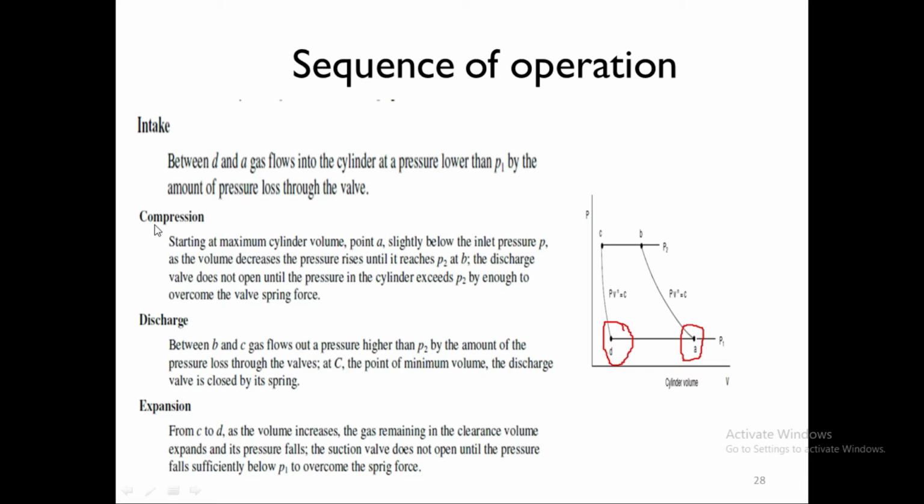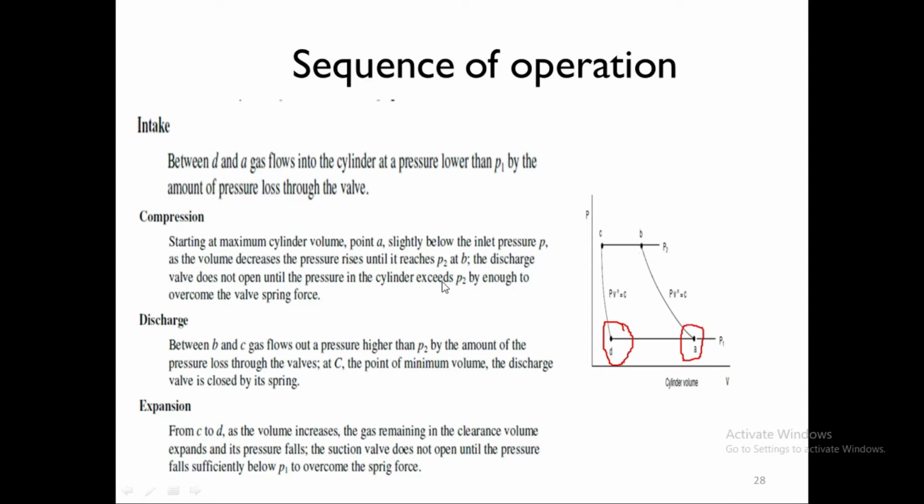and then the compression process starts at maximum cylinder volume point A. So this point A is the maximum cylinder volume. After your piston has moved up to this point, it will start compressing and its pressure will start rising. As the volume decreases, the pressure rises until it reaches P2 at B. It will keep on compressing with a polynomial equation, PV to the power n is equal to C, and then it will reach point B, which is at pressure P2,